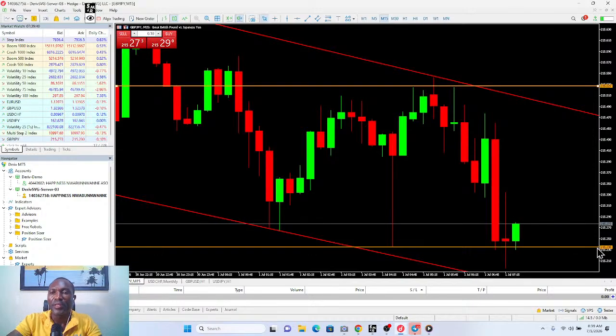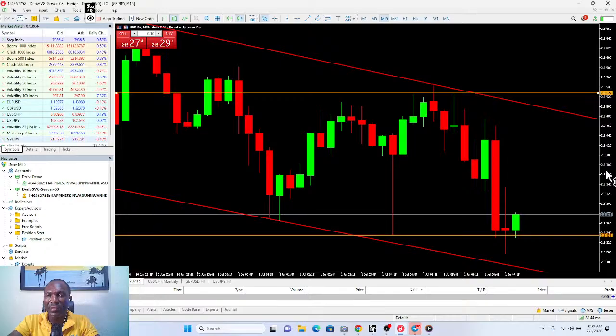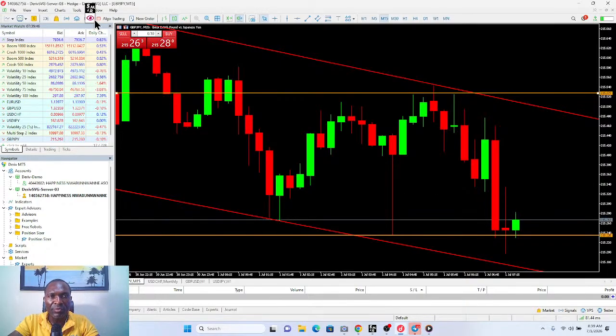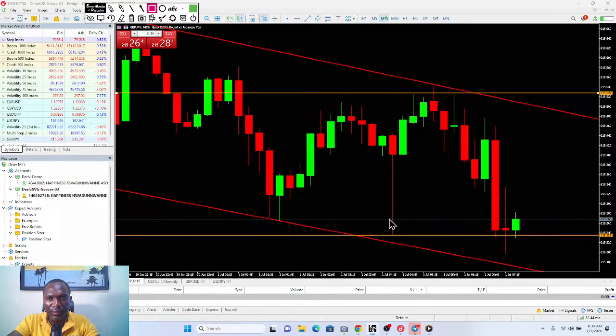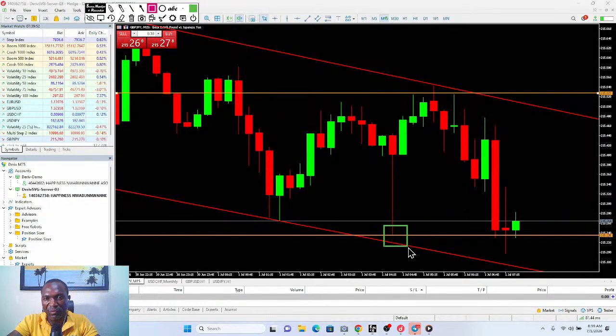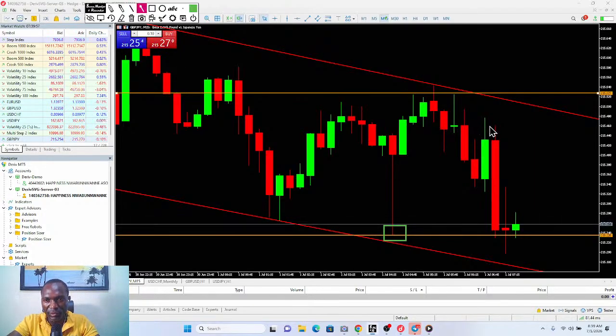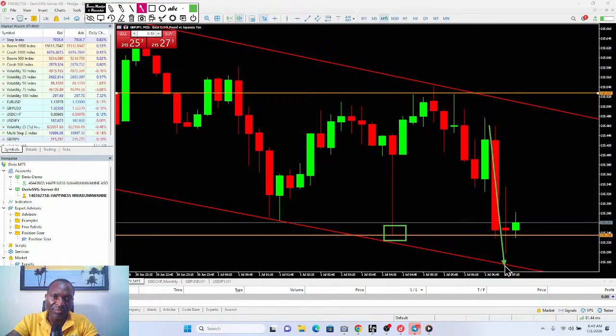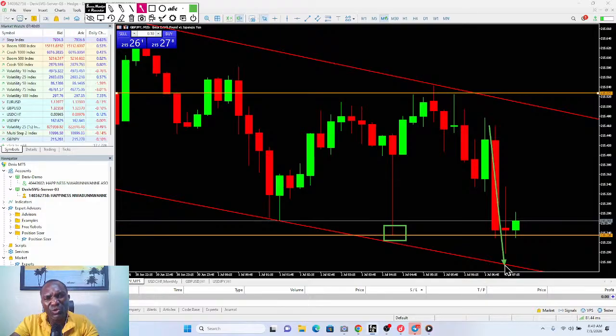Good. Now, if you notice something right here, the market did a break of this previous support. Easy. Previous support. The market did what? Broke it. Telling you that the selling is still continuation, although the general trend still remains what? The downtrend.